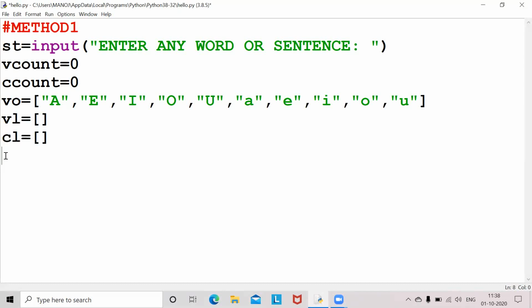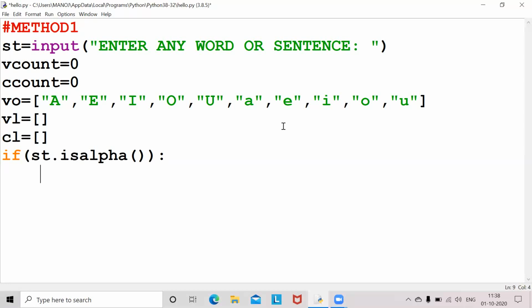Now I'm writing if st dot isalpha. isalpha is a function in strings. isalpha means a string with no spaces, no special characters and no digits, only alphabets, for example good, bad, ball, with no spaces also.